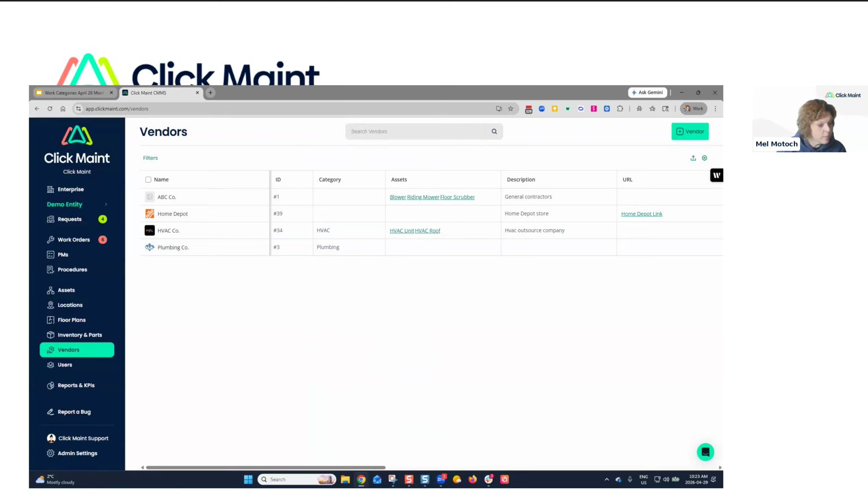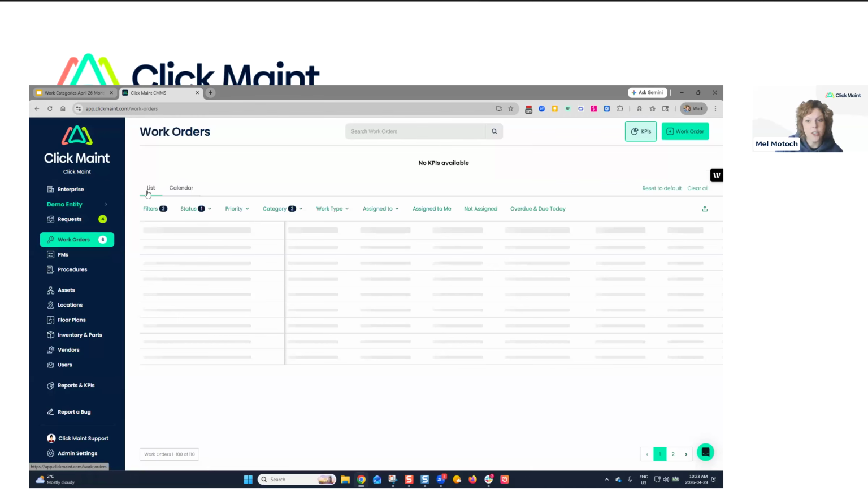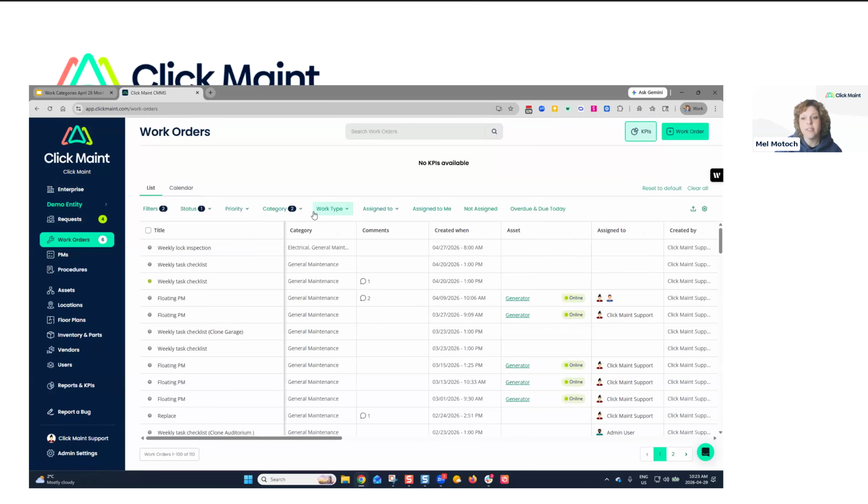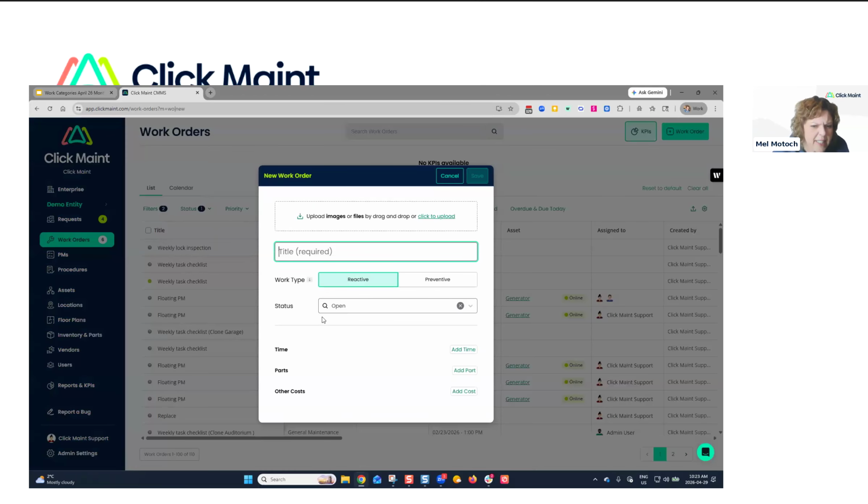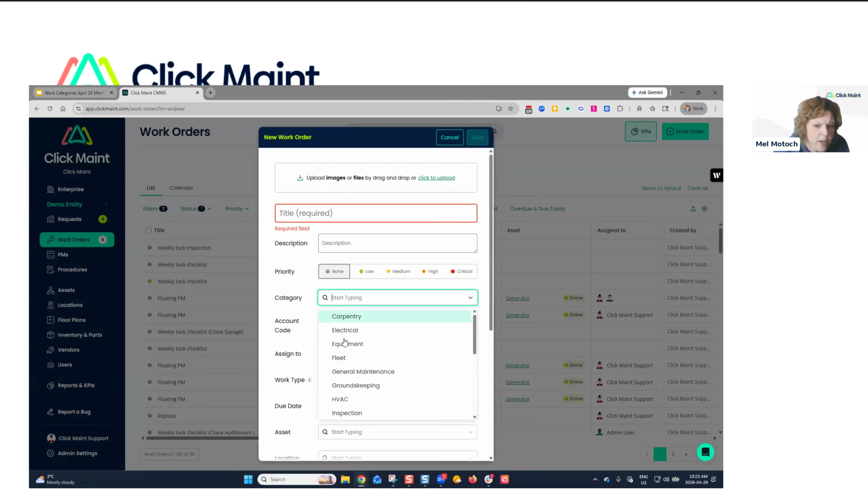Anything else? And just a few other questions here. Is there a limit on how many categories we can create or associate to a work order? No, there is no limitation. I've never heard of it, so I'd say go nuts. Like I said, I think the default is about 12. Let's take a look here. I think it's about 14 or so that are the default. But keep in mind,